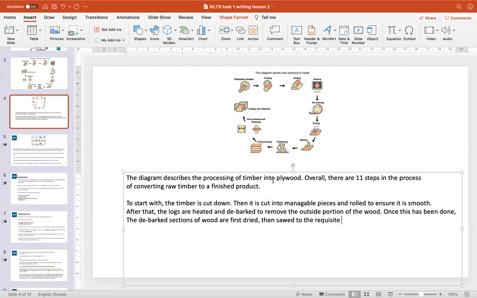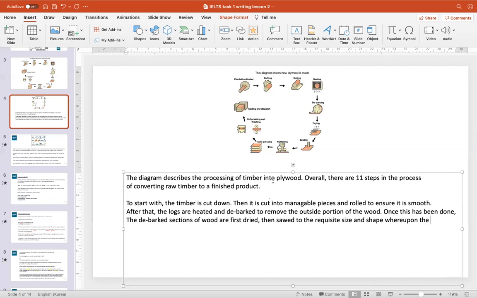So we can always add little things like this: requisite size and shape. We don't have to be just explaining everything step by step. We can add in little details like this, right? Then sorted to the requisite size and shape, whereupon